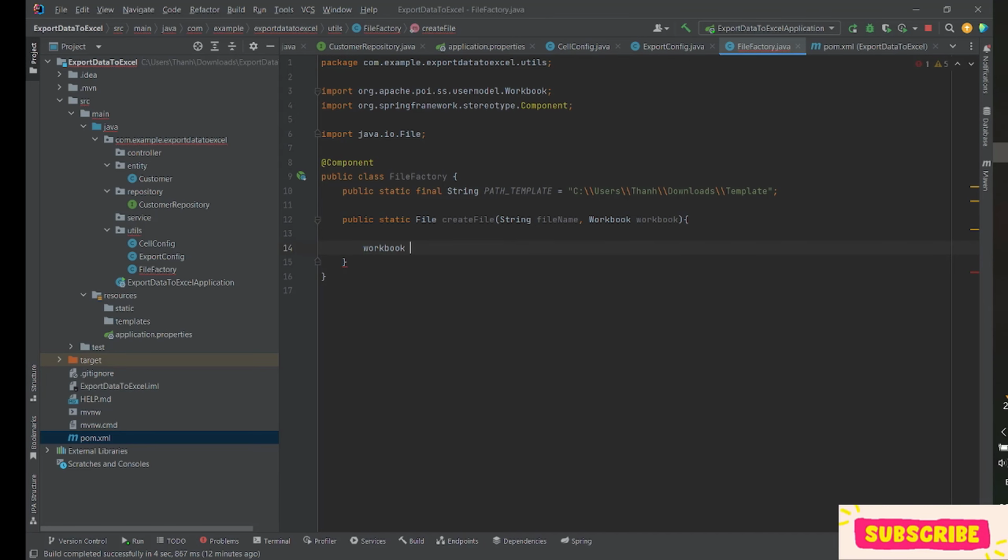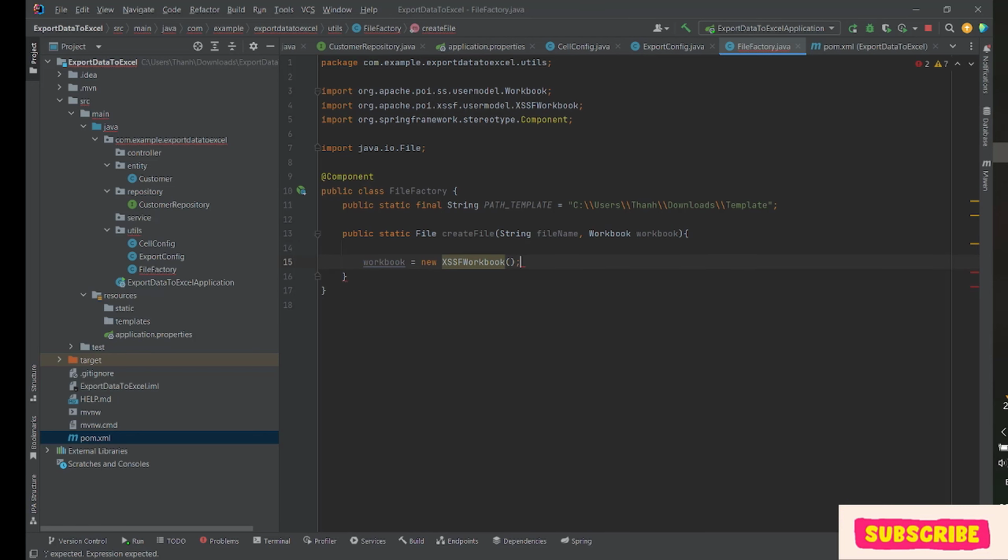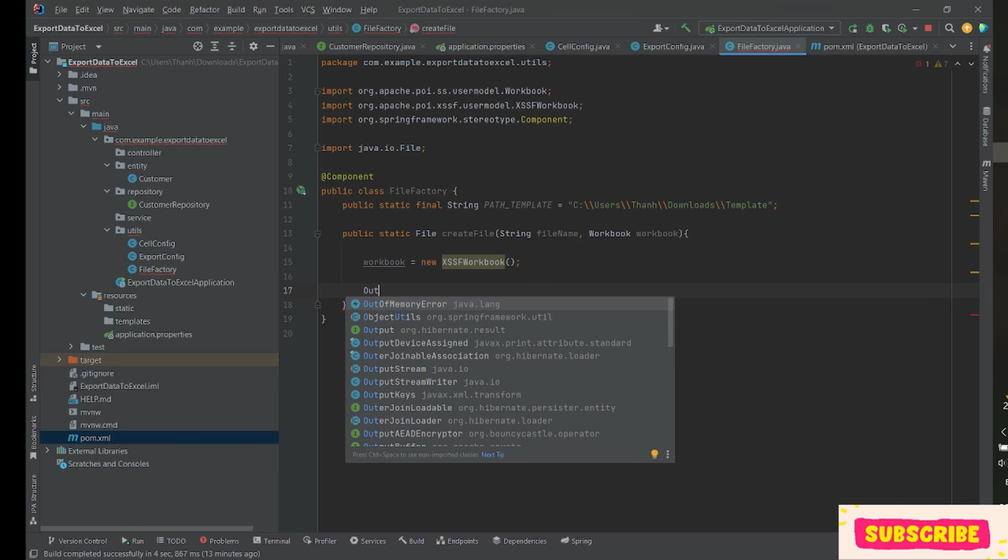Now workbook equals new. For the workbook, you can use the XSSFWorkbook or HSSFWorkbook. It is the same, but HSSFWorkbook is used for the extension file .xls. So I will use the XSSFWorkbook. Then the output stream